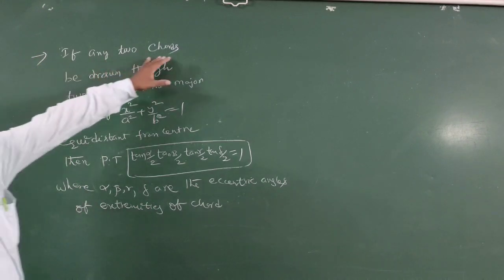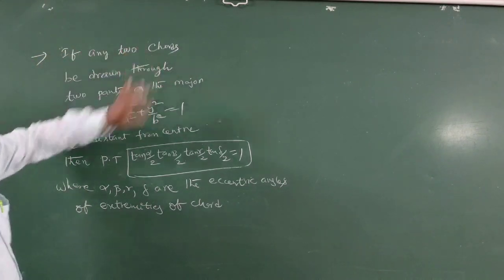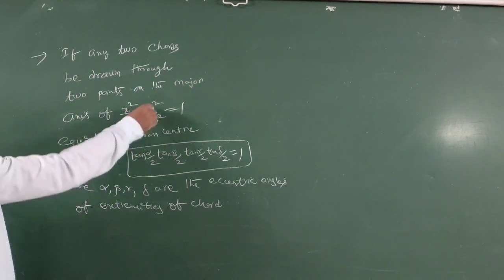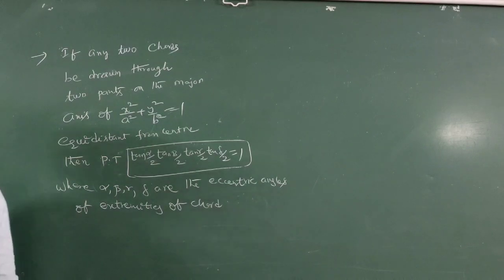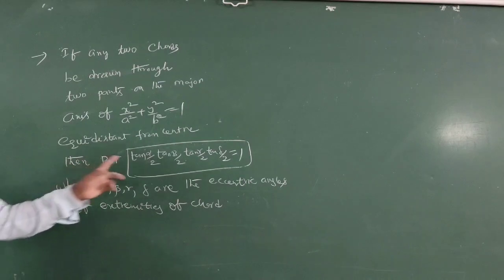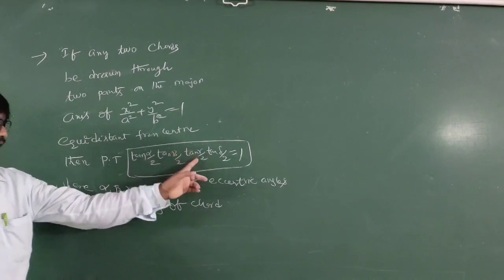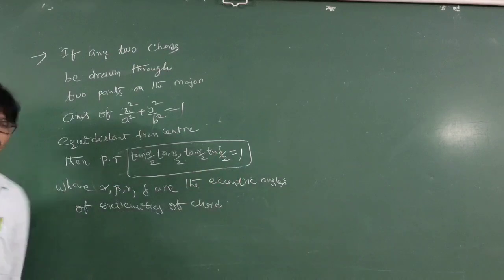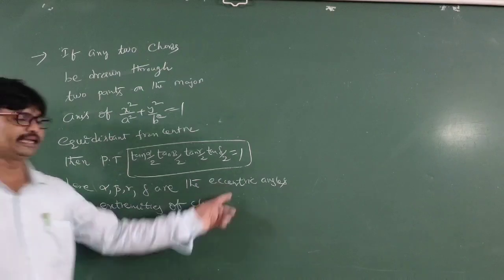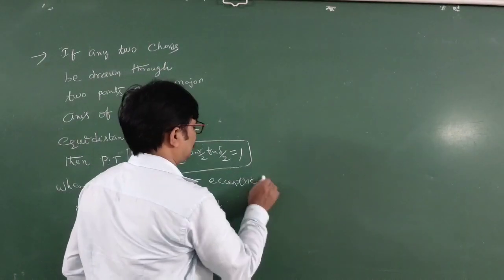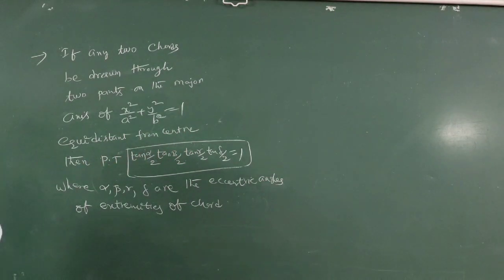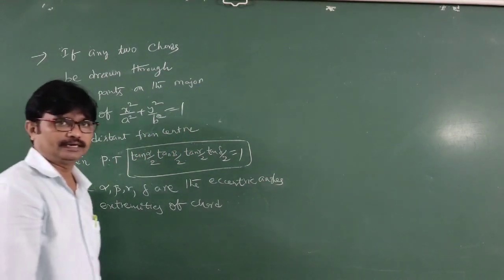If any two chords be drawn through two points on the major axis of the ellipse x square by a square plus y square by b square equal to 1, which are equidistant from the center, then prove that tan alpha by 2, tan beta by 2 into tan gamma by 2 into tan delta by 2 is 1, where alpha, beta, gamma, delta are the eccentric angles of the extremities of the chords. Dear students,